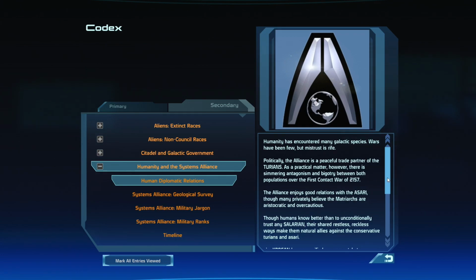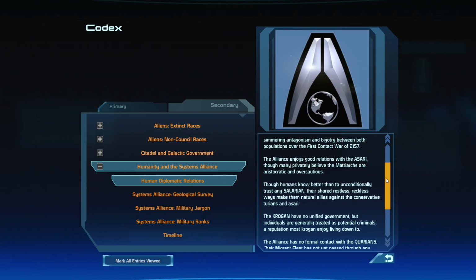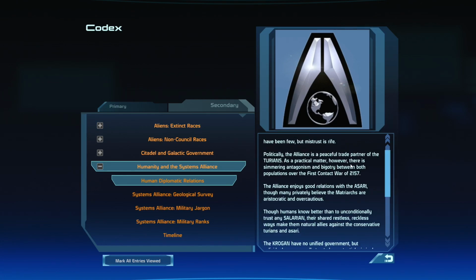So, yeah. The Alliance enjoys good relations with the Asari, though many privately believe the matriarchs are aristocratic and overcautious. That I don't see how that would damage the relations, but anyway. Though humans know better than to unconditionally trust any Salarian, because they're racist, their shared...